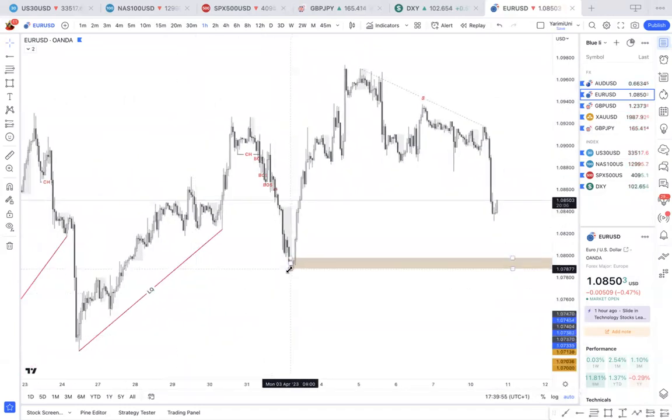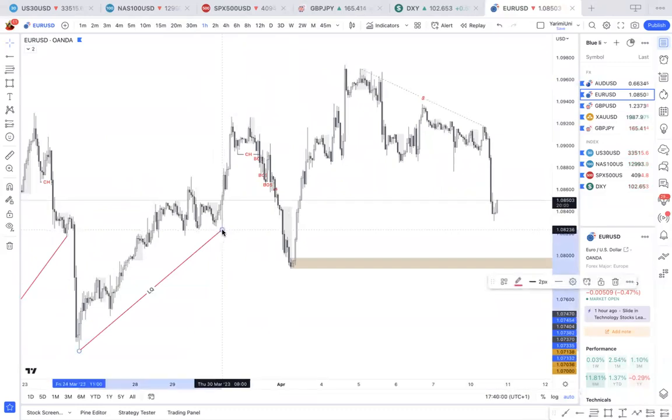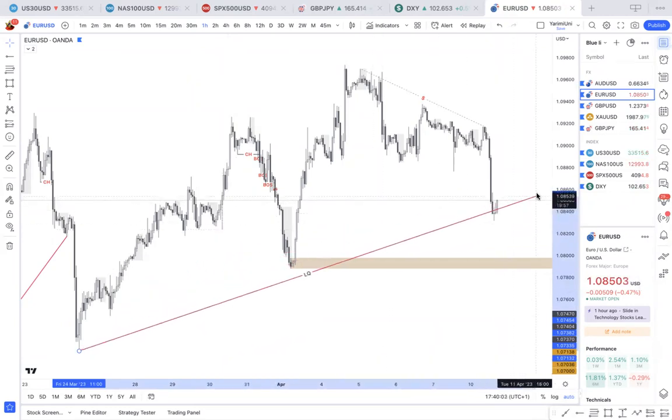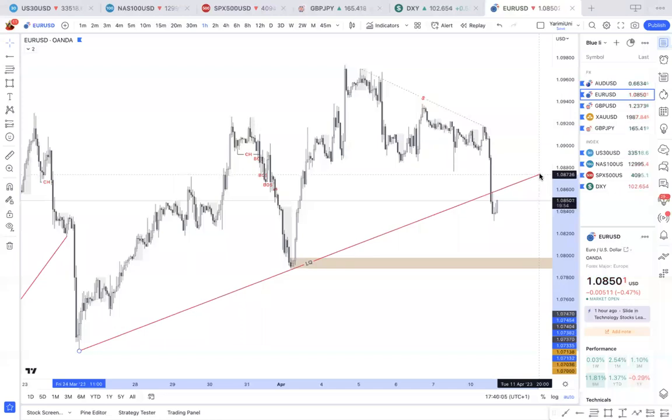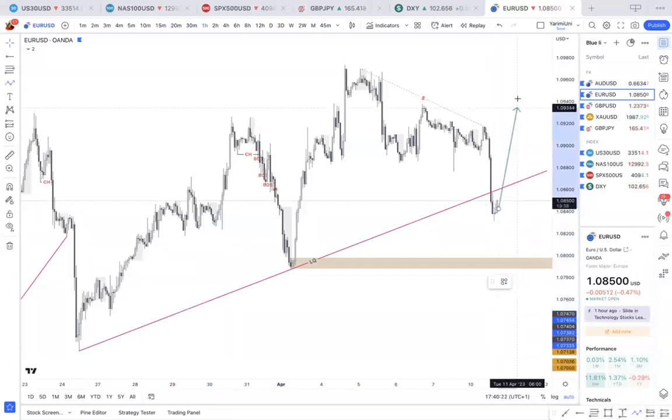However, I know this is an Asian low. So furthermore, what I might do, and let's see if this lines up, I might adjust this liquidity line and see if it lines up with this line here. So this looks like a break out of the line. Probably somebody tried to buy off this trend line and then it broke through. But look right now, it's reversing underneath it. It's accumulating right underneath the trend line just to do what? Possibly something like this, which lines up with what we're thinking because we're waiting for the dollar to reverse. And correlating in that pair is the euro. So it would probably be something like this to take out more liquidity.